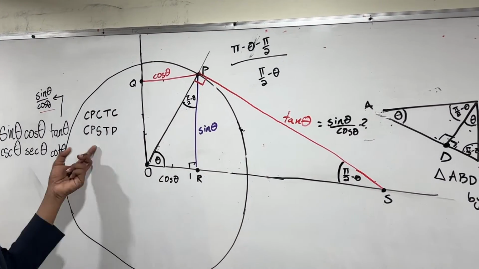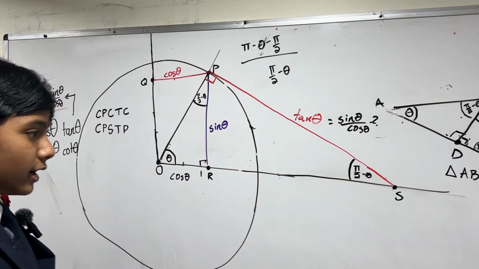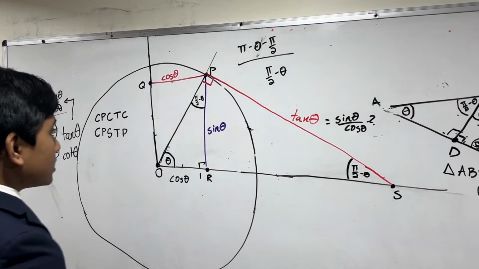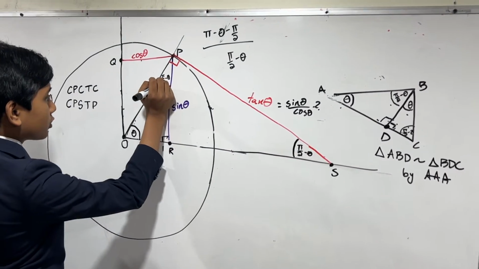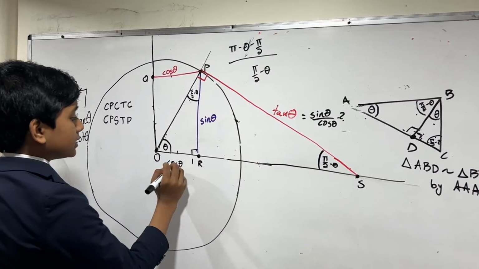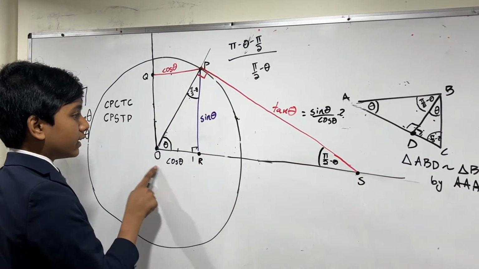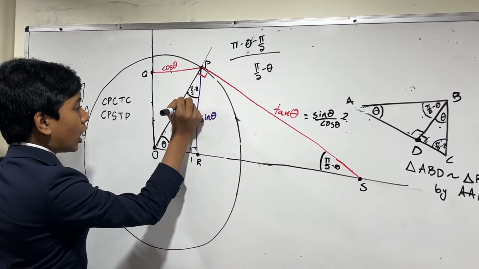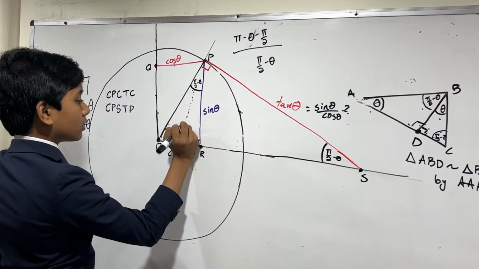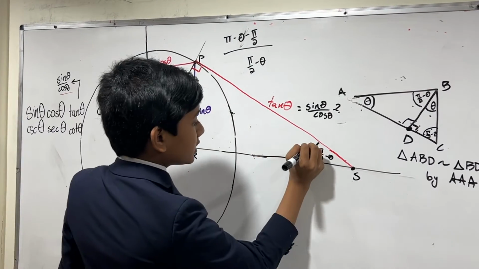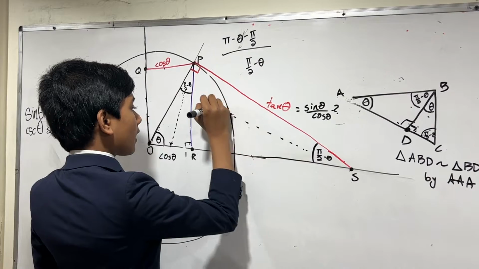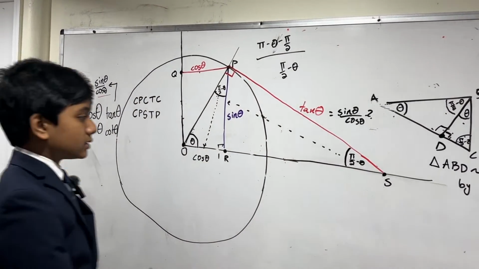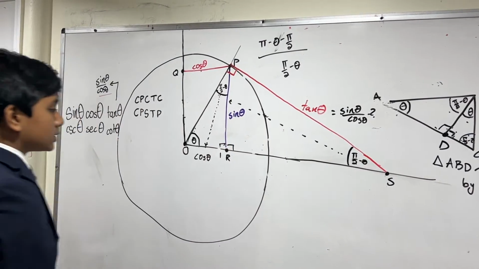This isn't an official theorem name, but I just came up with it on the spot. But it's still true. So what do we mean by corresponding side? Well, the corresponding side to cosine theta in this triangle is sine theta in this triangle. How do I know? Well, what's opposite to pi over 2 minus theta here? Cosine theta. What's opposite to pi over 2 minus theta over here? Sine theta. So we use that technique all around the place. That's what we mean by corresponding